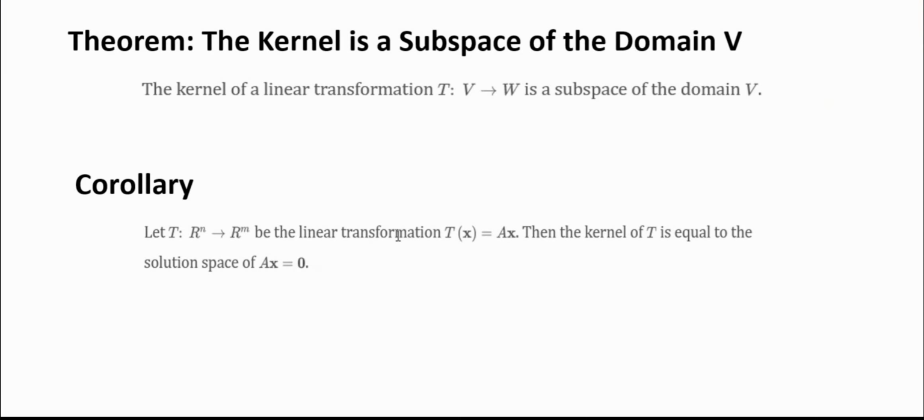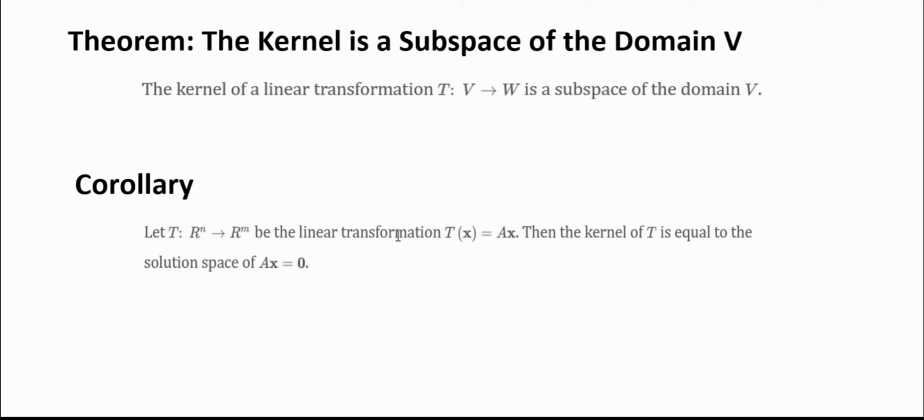Here, the kernel, that's the theory, the theorem for the kernel. The kernel is the subspace of the domain V. The kernel of linear transformation T is a subspace of the domain V, and I thought that was pretty good consequence there. The corollary, this idea that stems from the major theorem, let T be a transformation that maps vectors